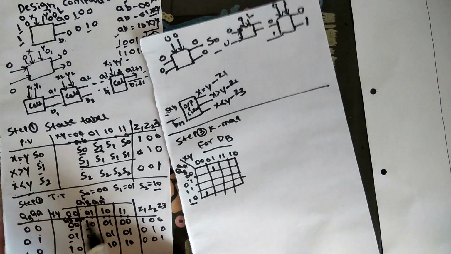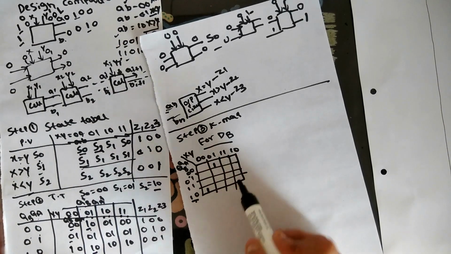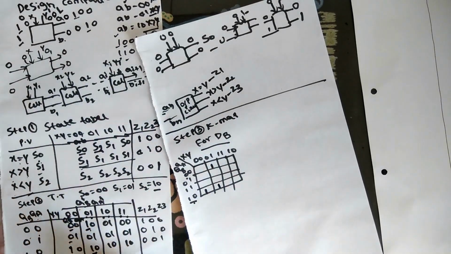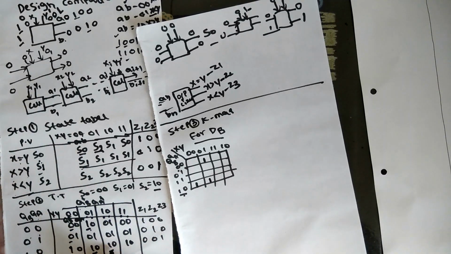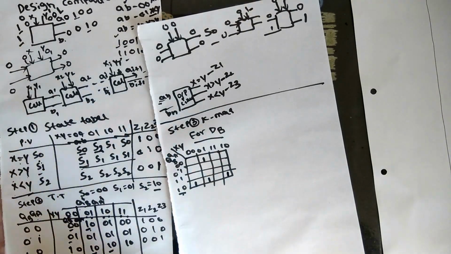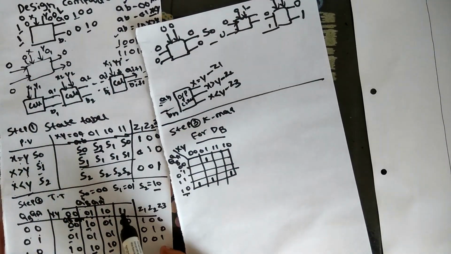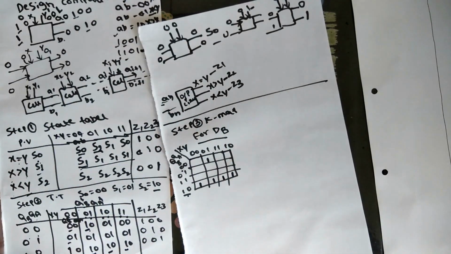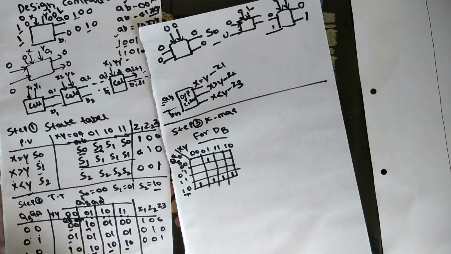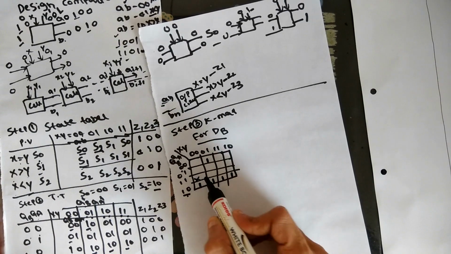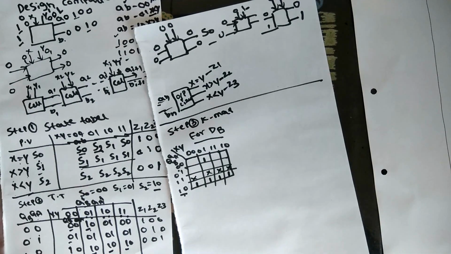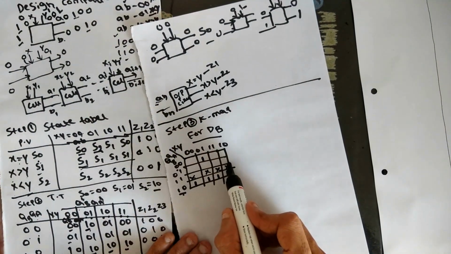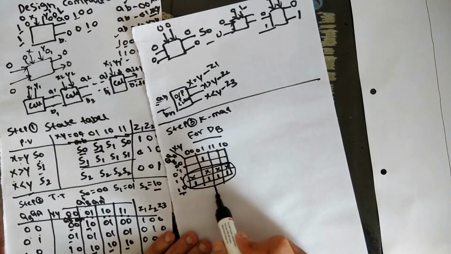So 1 0 0 1 it is high. Similarly, on the left again, here it is 1. This 1 is actually the 1 0 1 0 position. And the last condition also is 1, so 1 0 1 1 is also 1. And we know that in 1 1 it is all don't care, so make 1 1 all don't care. This is how the diagram can be made. For this we can do the grouping, something like this.